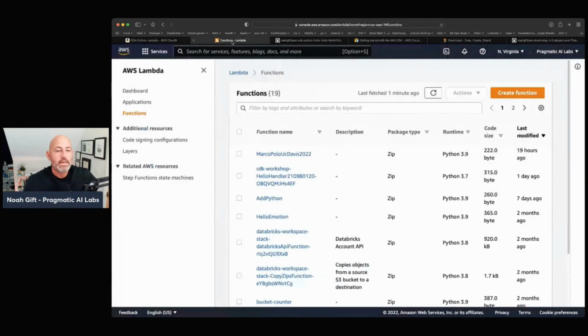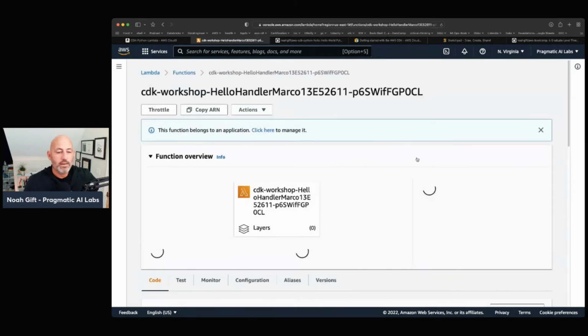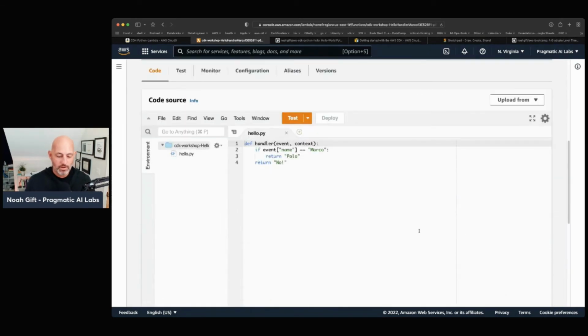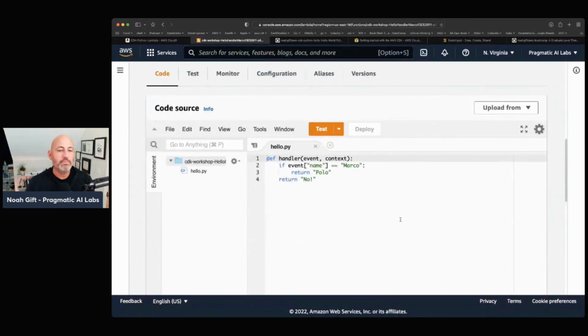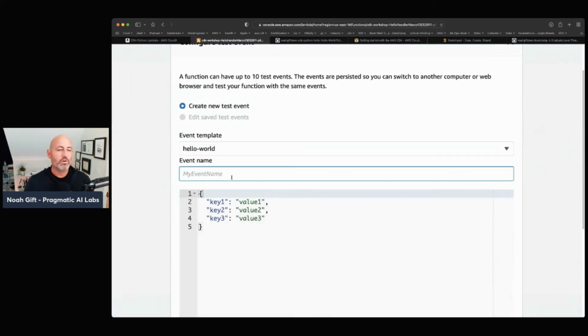So I just go here and I do a refresh, and we see, look, 41 seconds ago, this was deployed. Let's go ahead and click this button, and we can see that a very straightforward Lambda function is in front of us, right? So I was able to deploy this programmatically. Very simple to test. I'm going to configure a test event. The way test events work is you build out a JSON payload and you send that payload into your Lambda function. And that's what the event is.